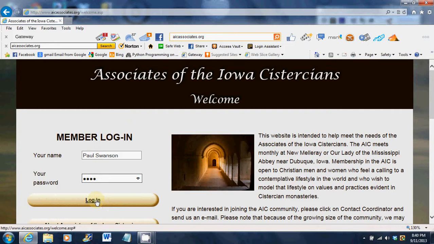If you forget your password or have problems accessing the AIC website, you can send the webmaster, namely me, an email, and I can send you your current password that you're using, and once you log in, you can go ahead and change that to whatever you want. So I'll left click on login,